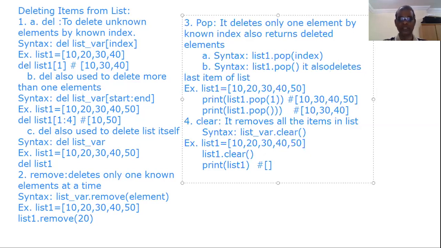It also deletes the last element of the list, and also returns the deleted element. Clear removes all the items in the list, but the list will be there. Now I will write one program which explains these 4 functions, that means deleting from the list.